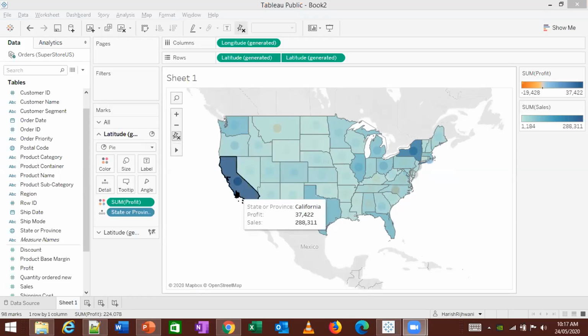Did you get this particular graph? Any questions, anybody? Have you been able to get this? Can you let me know?